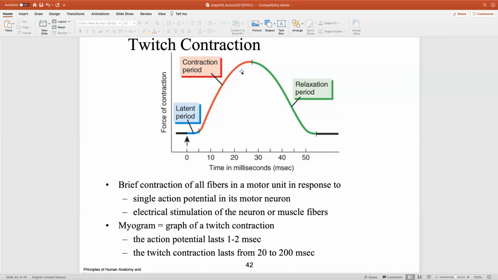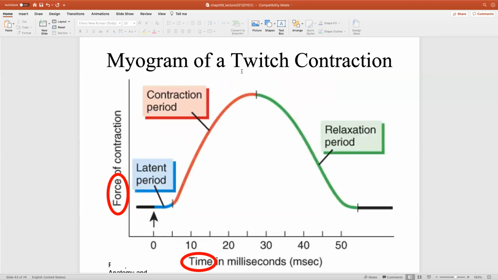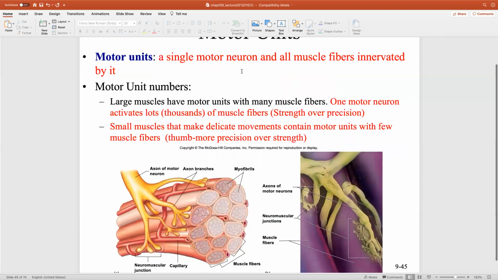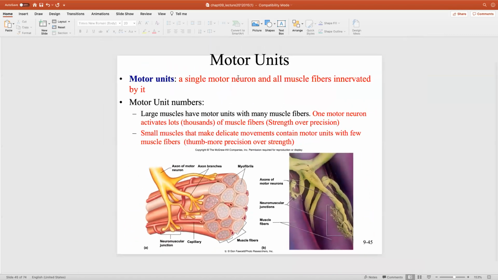How do we get a stronger muscle contraction where we can lift 30, 40 pounds on a bicep curl, right? How do we get that nice, strong, smooth muscle contraction? Number one, to have nice, strong, smooth muscle, even real strong contractions, we want to activate what we call motor units, all right? A motor unit is one motor neuron,